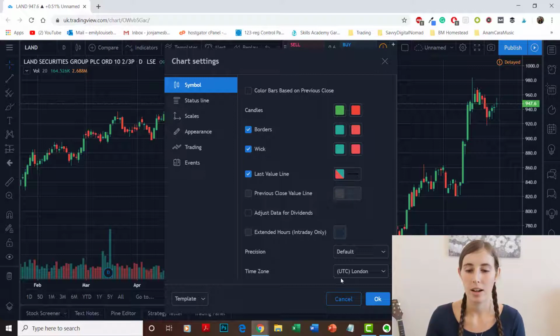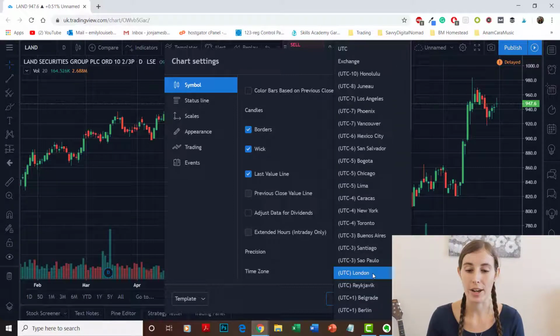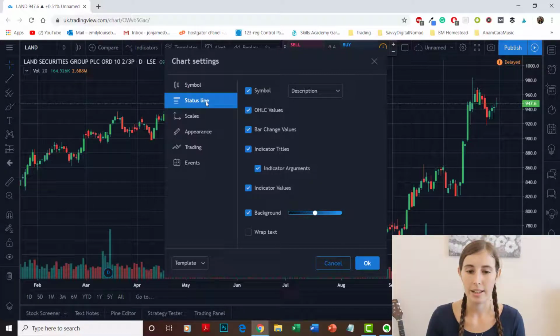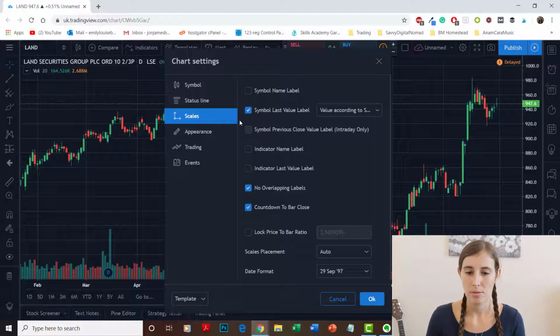The time zone's also here, so at the moment, because I'm on the UK browser, it's set to London, but as I do trade the American stock market, I'm going to go and change that. I'm going to have Eastern Time New York. So carrying on, status line, scales,